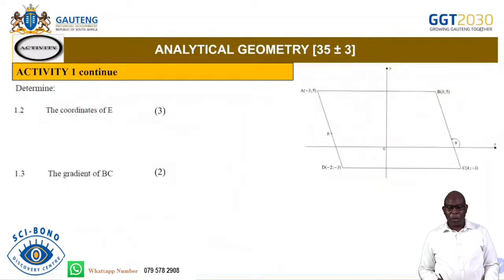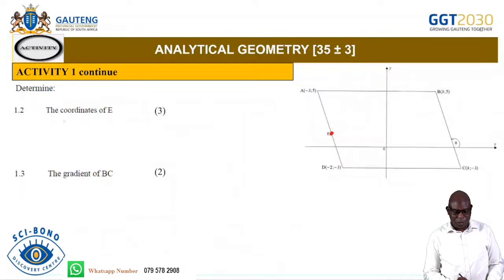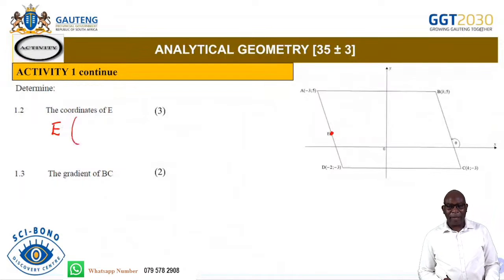Right, 1.2, still on the same question. The coordinates of E. Now I can see coordinates of E. That's what I like, because I know the formula. And the formula for the coordinates of E, remember, is the midpoint. So meaning that E, the midpoint, will be my